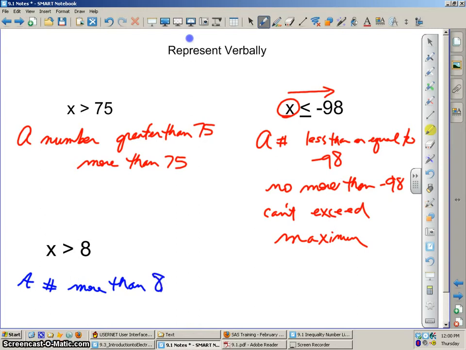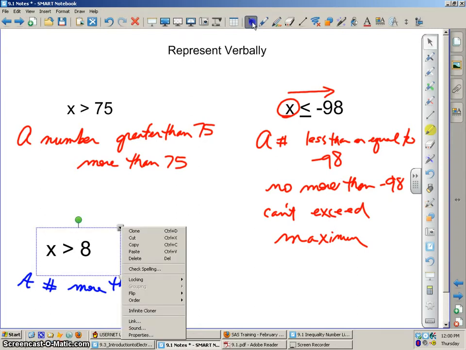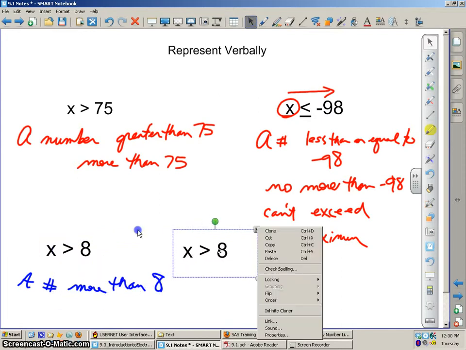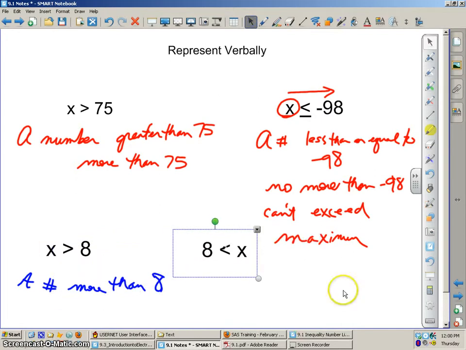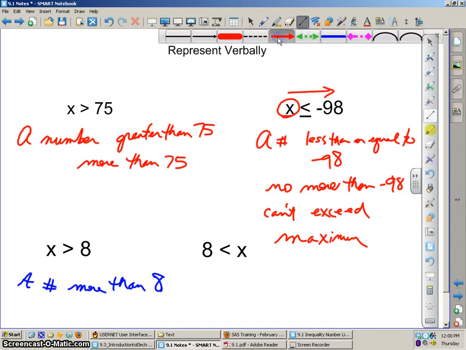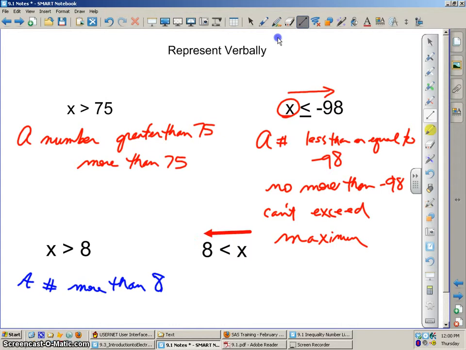Well, what would happen if we had the x on the other side? What would happen if we did this to it? I'm going to spin that around. We haven't changed the problem. All we did, we spun it around. Let's talk about that. We typically will read from left to right, even though that's a less than sign. But now if we read from right to left, we still have,